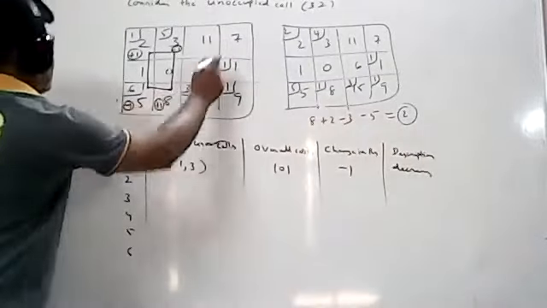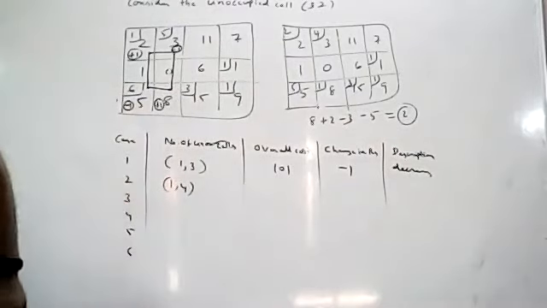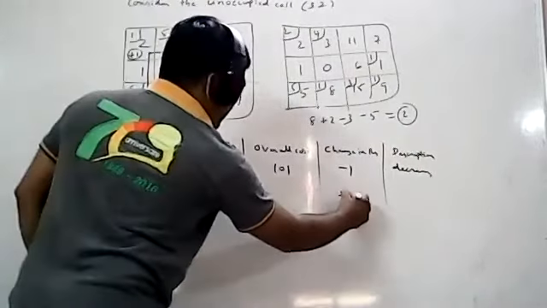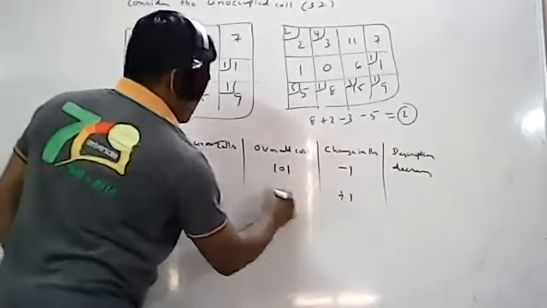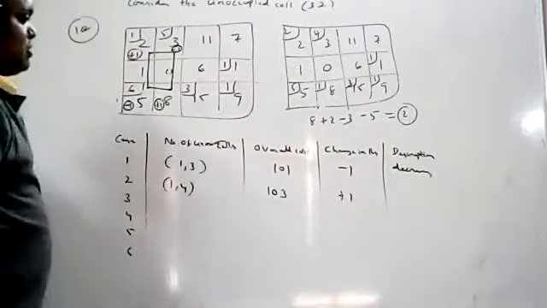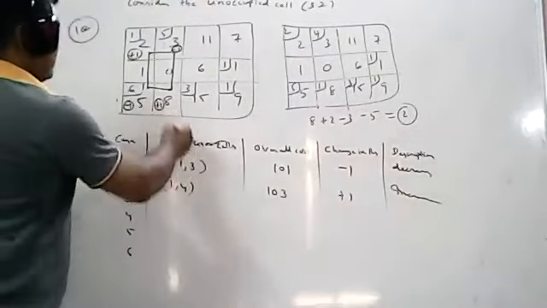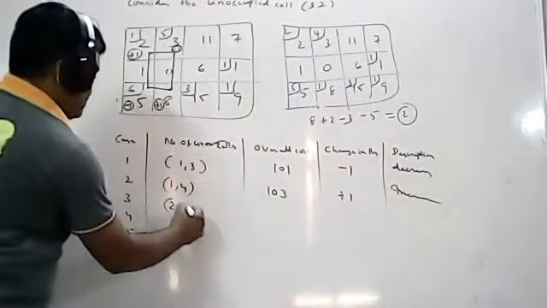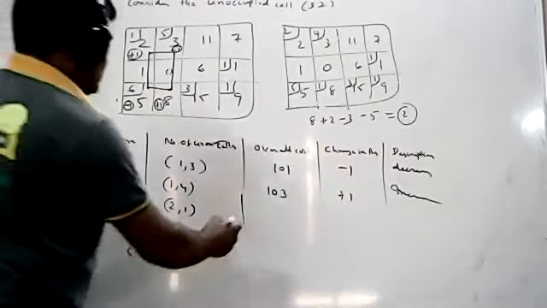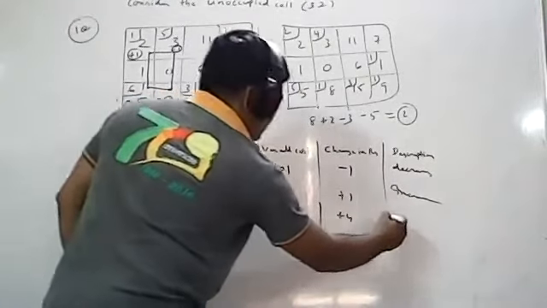Next unoccupied, this is 1, 4. Next unoccupied 1, 4 you have taken. What you got? You got +1. +1 means what you will get? So this is 102 + 1, 103. Original value is 102. So this is increase. Next unoccupied cell, this is 2, 1. What you got actually? 2, 1, +4 you got. +4 means 102 + 4, 106. Actually you got +4, +4 means increase.